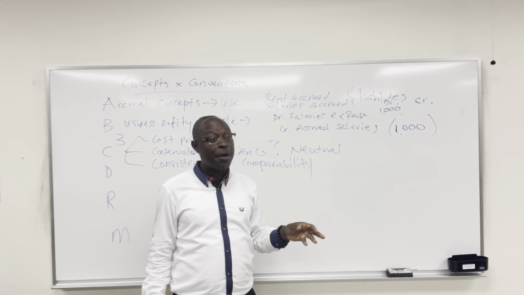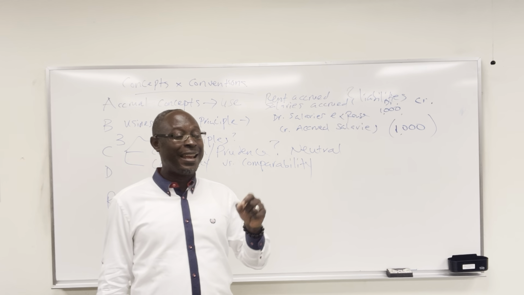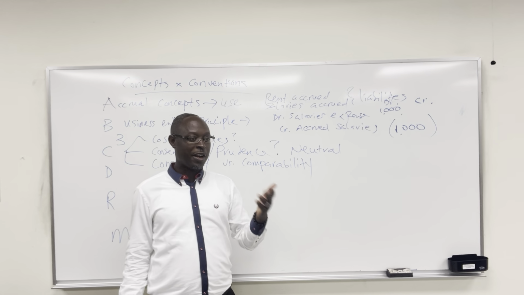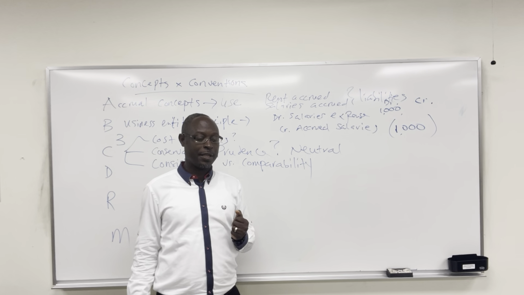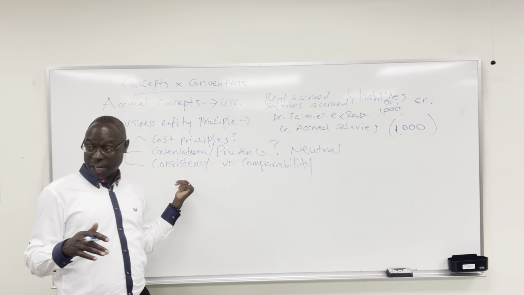If you want to do that, you have to explain why you are trying to change your mind, and you have to get a letter of preferability from your auditors. You have to talk to your auditors and explain why you want to change your accounting method. So consistency doesn't mean you can never change. You just have to go through some hoops to change.